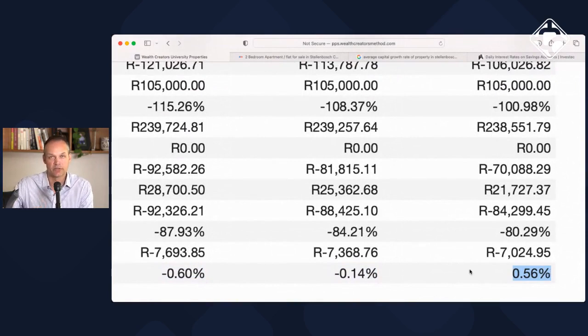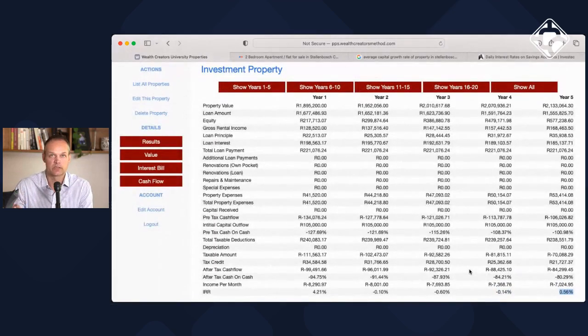And hence why you've heard this a lot of times, people will continually push this mantra: location, location, location. The location of your investment property is one of the biggest variables to determine whether it's a good investment opportunity or not. So if you're unable to buy in Stellenbosch, but you're in another town, only a 3% difference in capital growth rate makes a dramatic impact in terms of your investment opportunity.